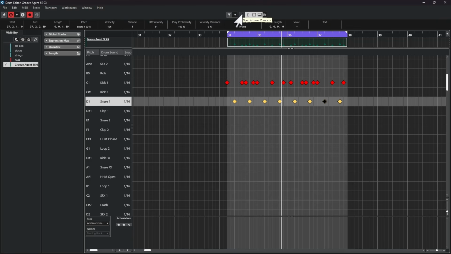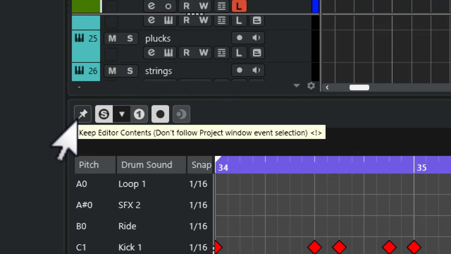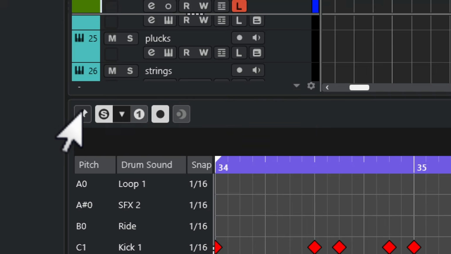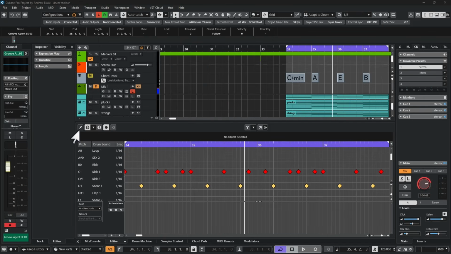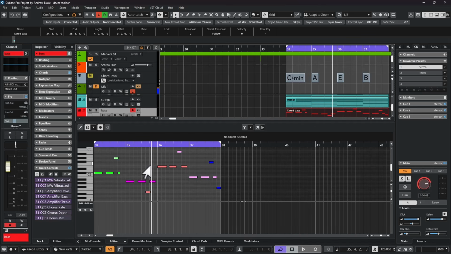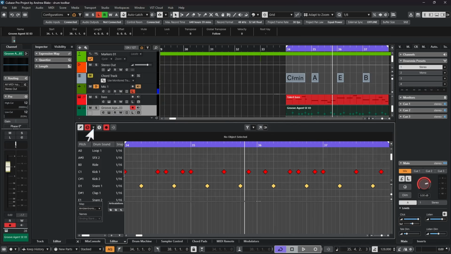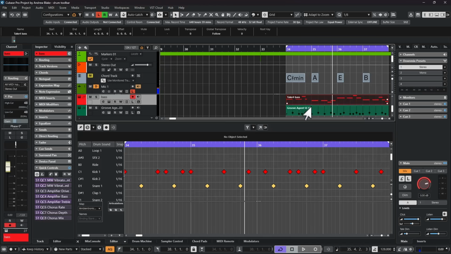I'm going to switch over to the lower zone for a second. And then let's look at our first button. We have this one that says Keep the Editor Contents. Looks like a little pin. This is a fairly new option in Cubase. When this option is off, as we select different events, our editor is going to follow what becomes visual. But if we turn this little pin on, no matter what else we choose out in the project, our drum